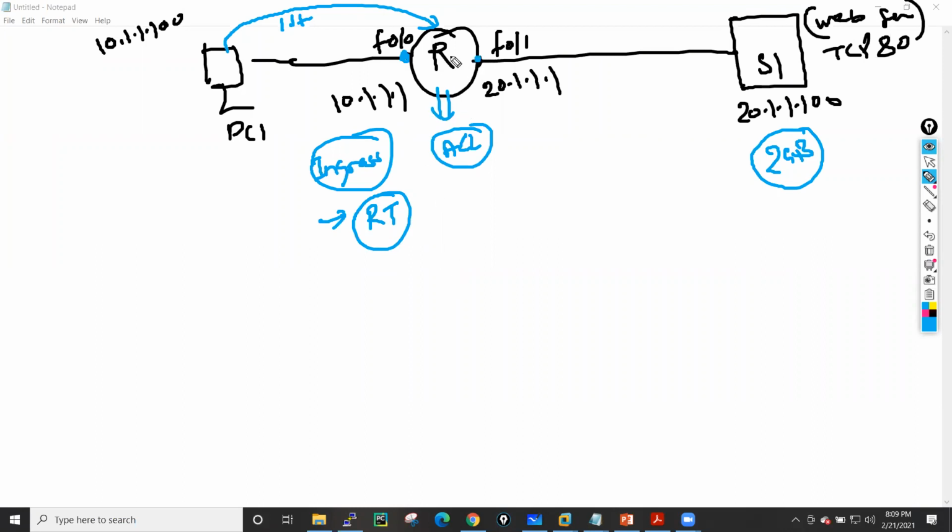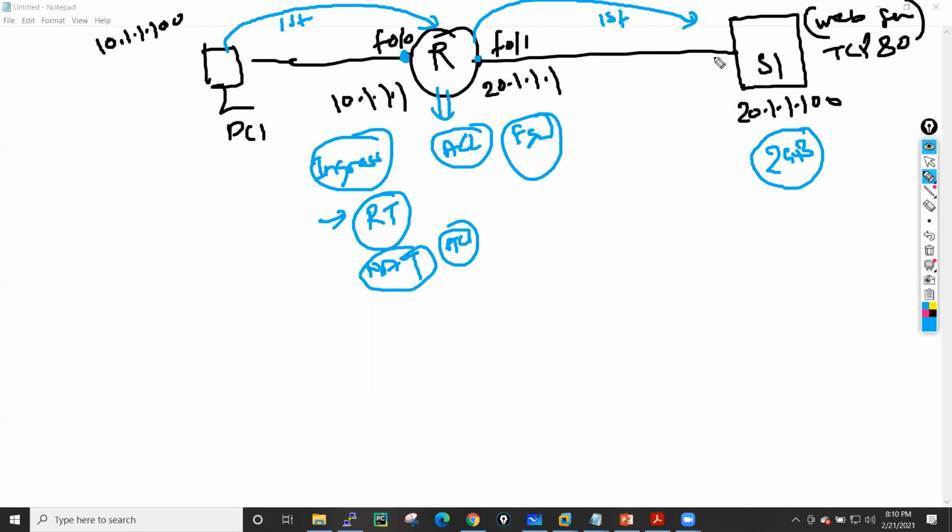Let's suppose we have configured NAT on the router, then it also needs to do the NAT. It will send the packet through the NAT engine. If an ACL is configured, then it will send that packet through your ACL engine. All these particular checks happen in the case of a router, right? Now, when all these checks are done by the router, after that it will put this packet into the egress stage and forward that packet towards the server.